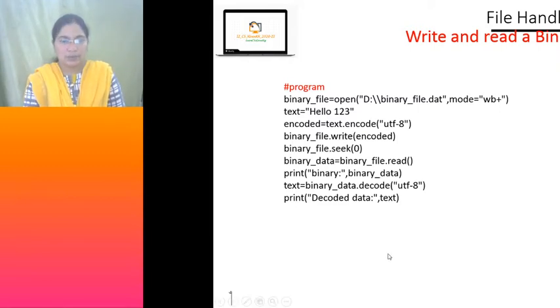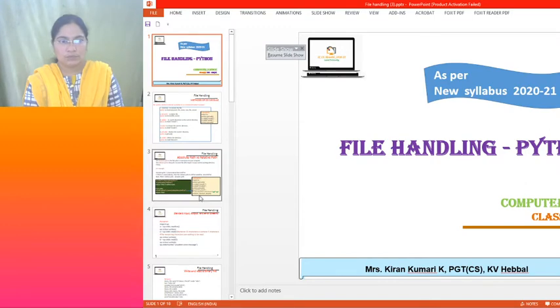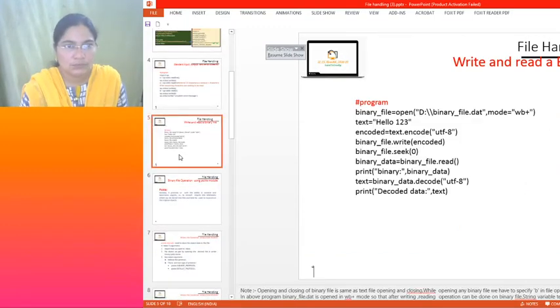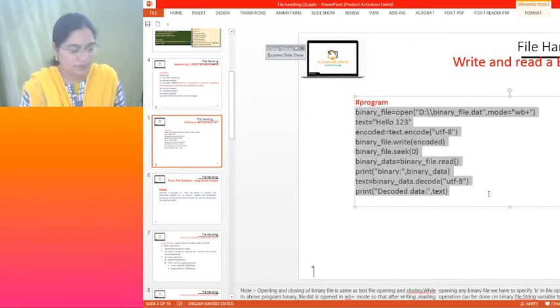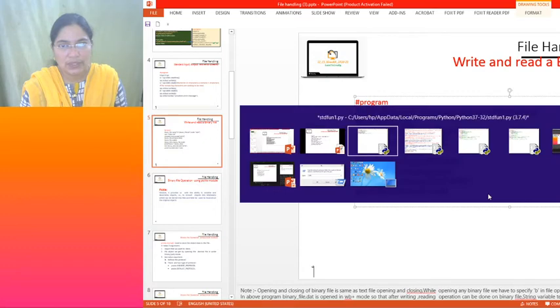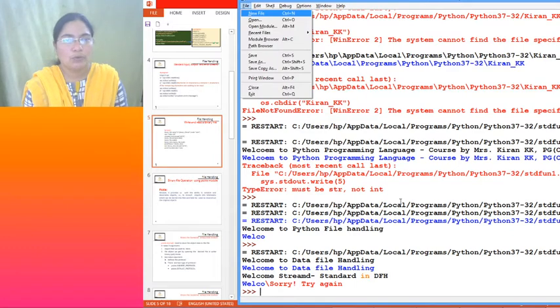Okay, so let me execute and show you this binary file example. This is a binary file program. For saving time, I'm just taking it from here. Okay, so open a new file.